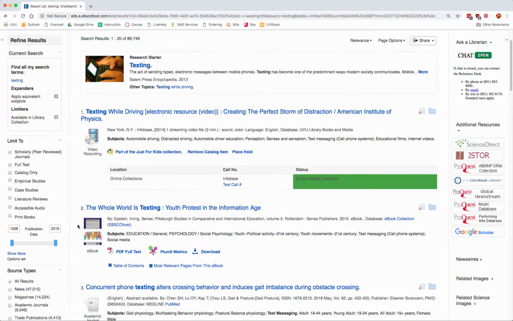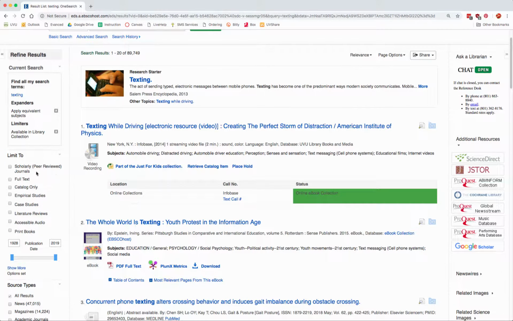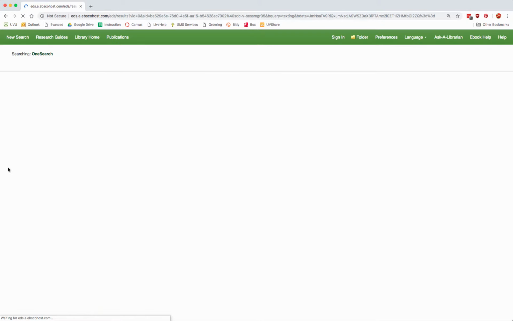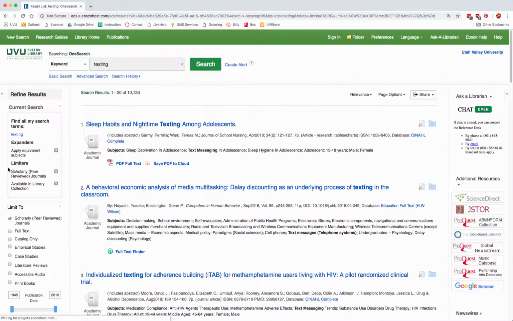Or there's also an option toward the top under Limit To that says Scholarly Peer-Reviewed Journals. This is my favorite option for narrowing down my results to just peer-reviewed articles. And it does the exact same thing as that peer-reviewed box that we saw on the home page. So I'm just going to choose this Scholarly Peer-Reviewed Journals. And it's going to update my results to only show me the scholarly peer-reviewed articles that have something to do